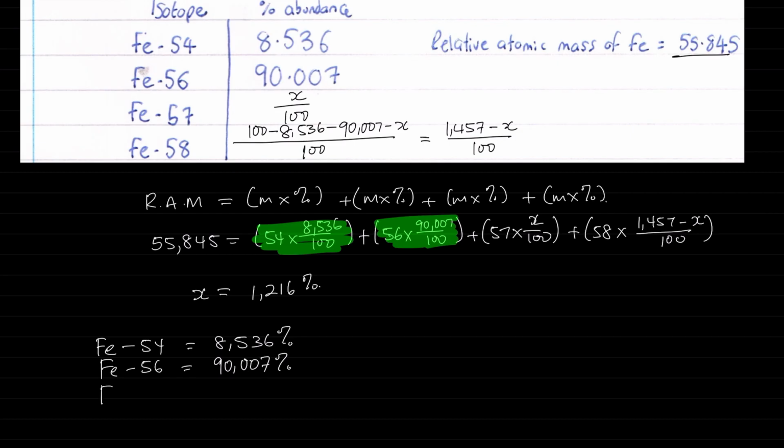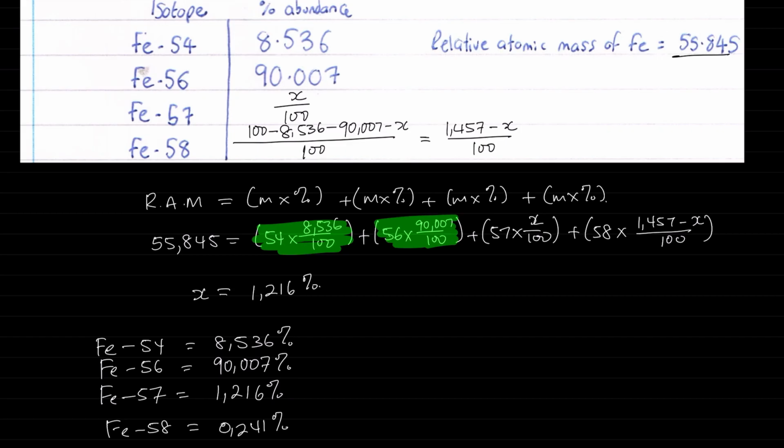We then have Fe57, which using our formula, we then worked out as 1.216%. Therefore, Fe58 is going to equal the balance, or you could say 1.457 minus 1.216, and that's going to give you